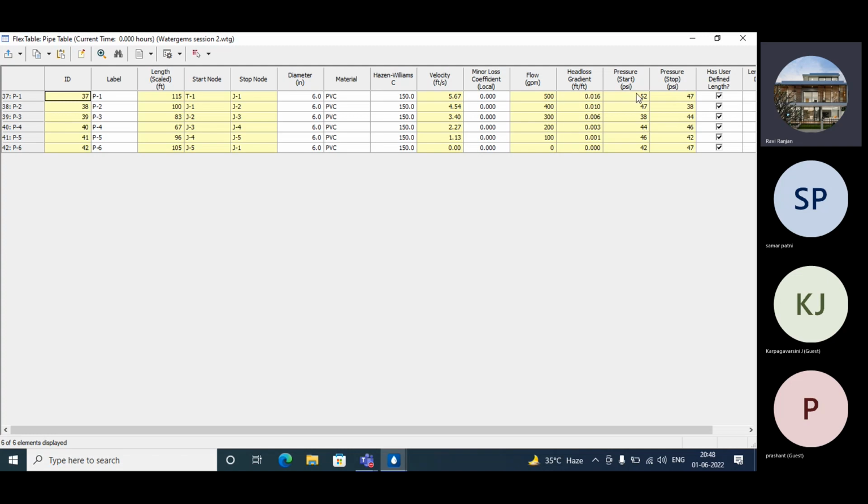These are the pressures, starting from P1, from tank 1 to junction 1. See, the pressure is 52 psi and pressure stops at 47 psi. These are the pressures of the pipe. We get all these things after analyzing: pressure start, pressure stop. See all the readings, like from tank to junction 1, the starting pressure is 52,